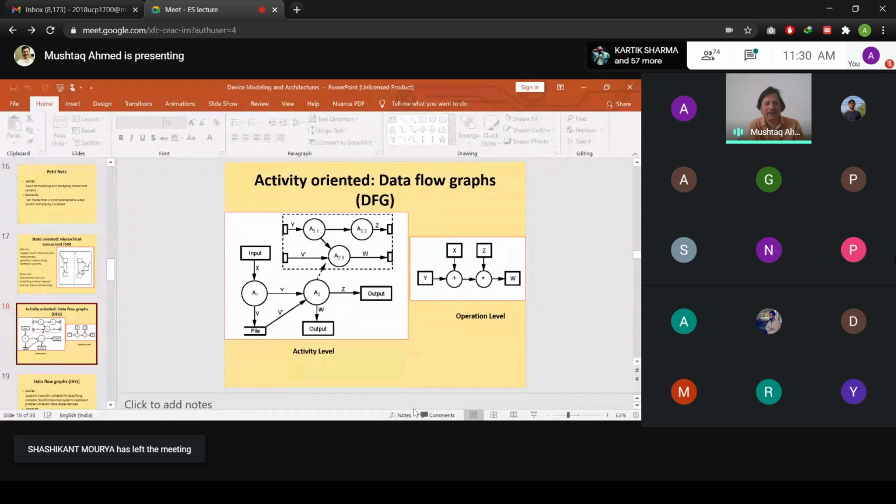Based on the values available with A21, the activity A23 uses external data available in terms of the file, accessing those data from the files to perform certain operations